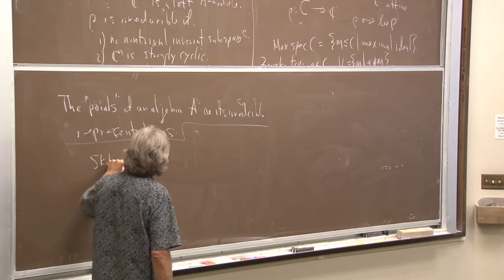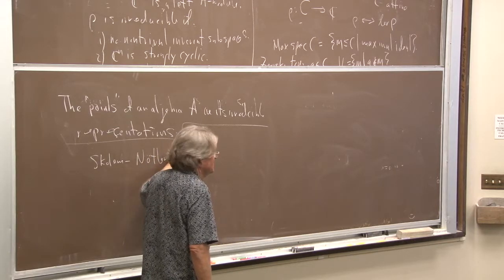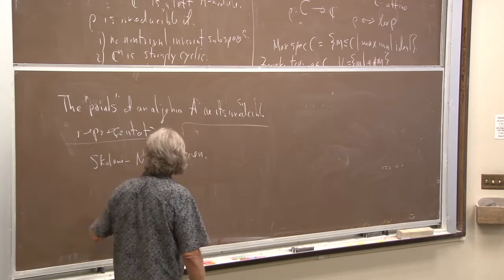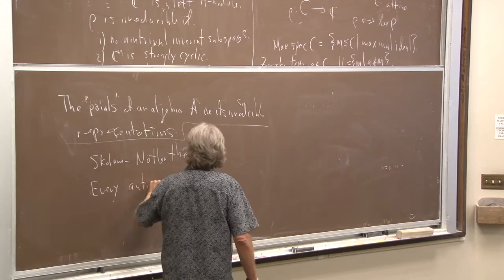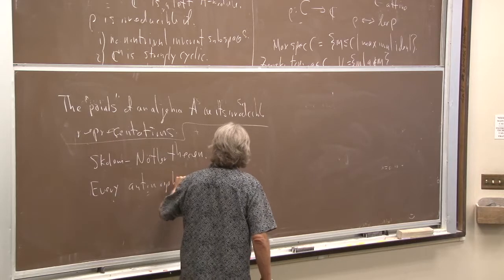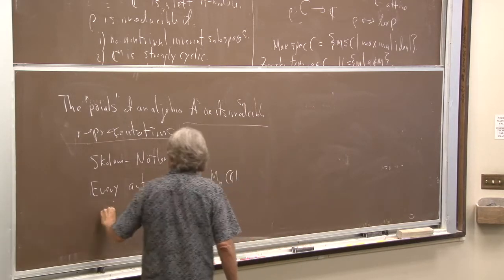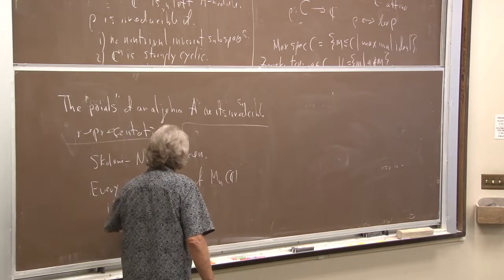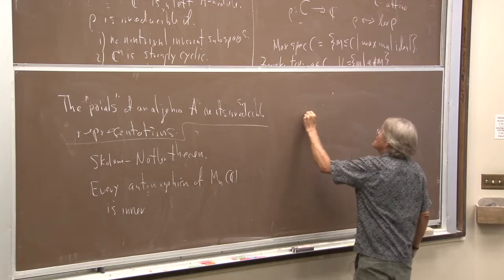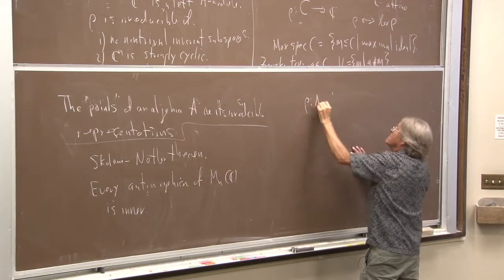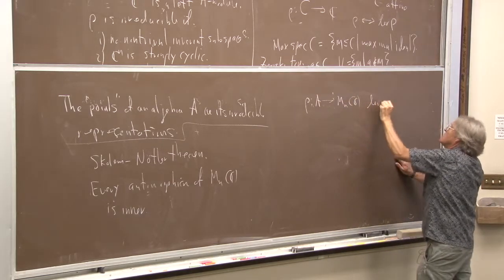I want to remind you guys of the Skolem-Noether theorem. What it says is every automorphism of M_n(C) is inner. Okay? So now, suppose I have a representation from A into M_n(C), and the kernel of rho is